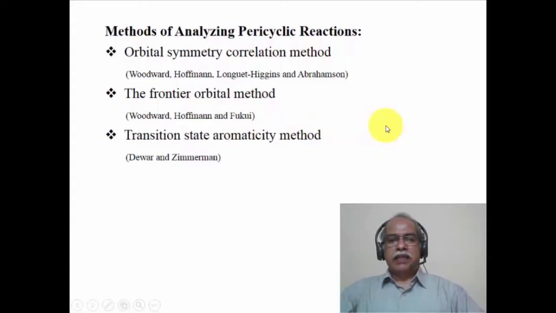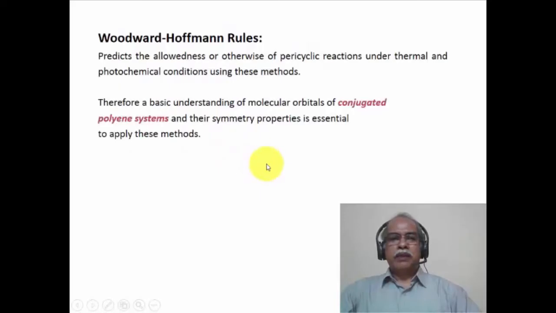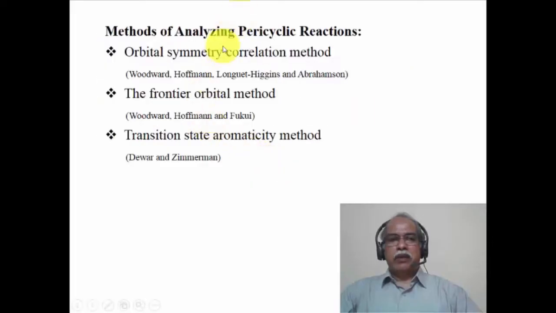Then comes the transition state aromaticity method. Because all pericyclic reactions go through a cyclic transition state, depending upon how many electrons are involved and how the electrons overlap with respect to each other, one can define the transition state as an aromatic transition state or an anti-aromatic transition state. Based on this transition state aromaticity, one can predict or propose a mechanism for the pericyclic reaction. This is largely developed by M.J.S. Dewar and Zimmermann. Now, the Woodward-Hoffmann rules are essentially the rules that are derived by applying any one of these methodologies